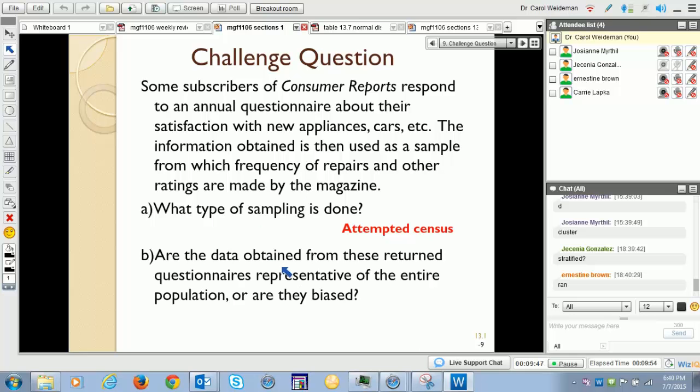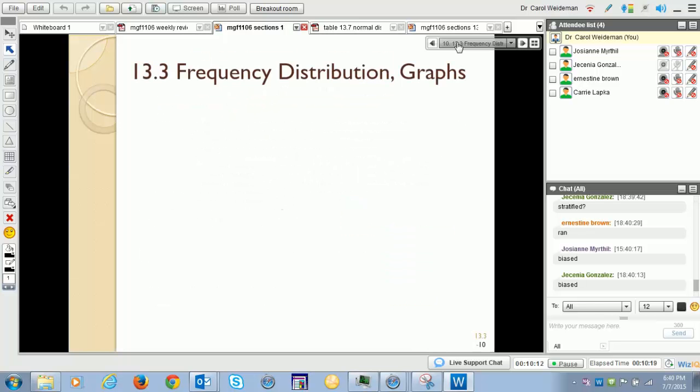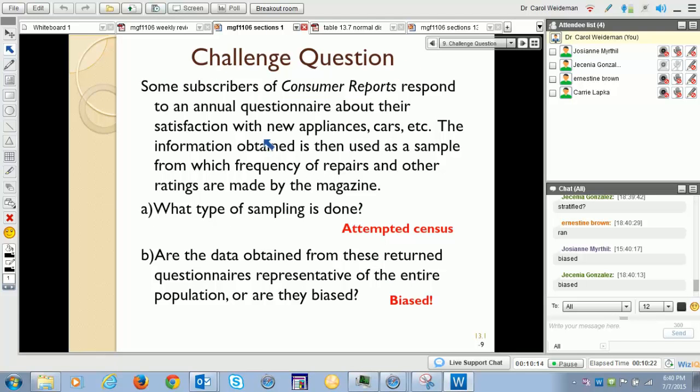Are the data that are obtained from the return questionnaires representative of the entire population, or do you think they're biased? Yeah, this is biased, and I don't think a lot of people understand this when they read that book that Consumer Reports publishes each year with ratings on appliances and cars and all. It's really not a very good representative sampling of people who purchase those appliances. It's biased because who's going to most likely send us back in? People who are really very happy with the product or very unhappy. Yeah, this is a really biased sample, and I really don't think people understand that when they see that book that they published.